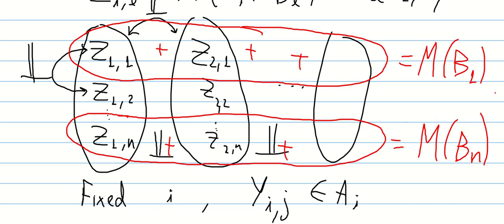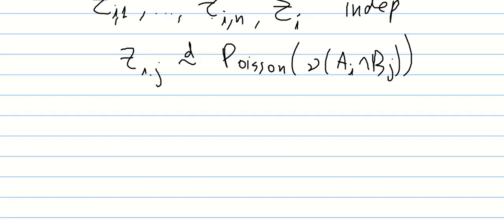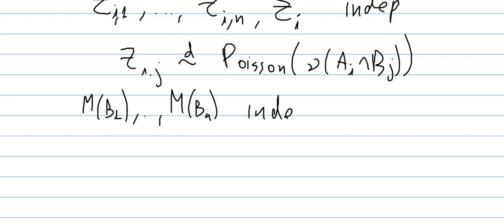The independence of this vector M(B1) to M(Bn)